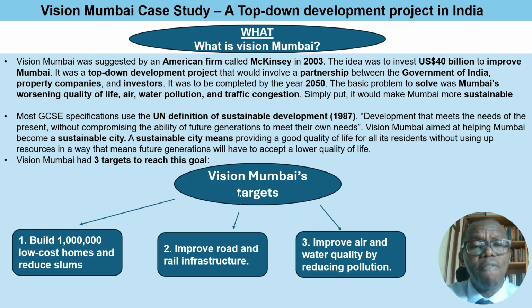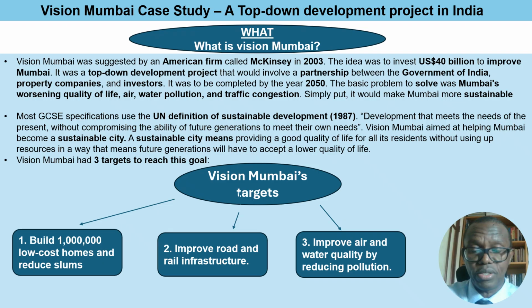Okay, so Vision Mumbai was to be completed by the year 2050. And the basic problem to solve was Mumbai's worsening quality of life, air and water pollution, and traffic congestion. So those are some of the problems that we talked about on the first slide. So that was the why, why it was needed. We are now going on to the what was done where Vision Mumbai was concerned